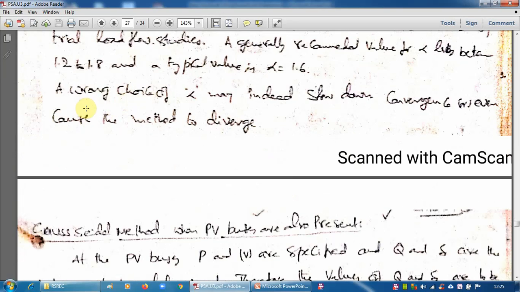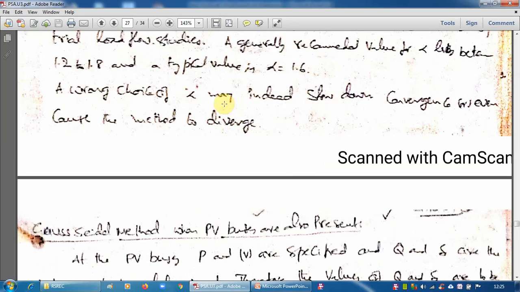If you want speed in convergence, you can also use this acceleration factor in the Gauss-Seidel method. You remember that the acceleration factor must be taken in between these values. If you take this value randomly as per your wish, sometimes the process may diverge, not converge. That is the problem. So you have to select it suitably. That is the reason why this value is suitable for the majority of cases, so you can select that value.